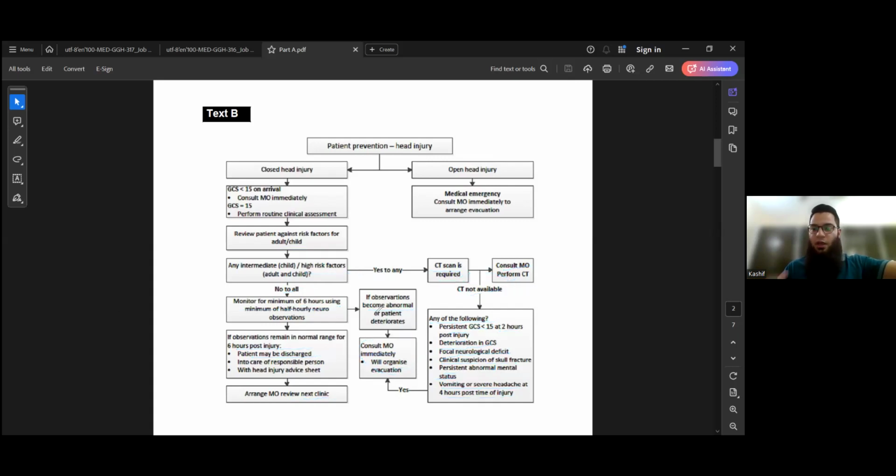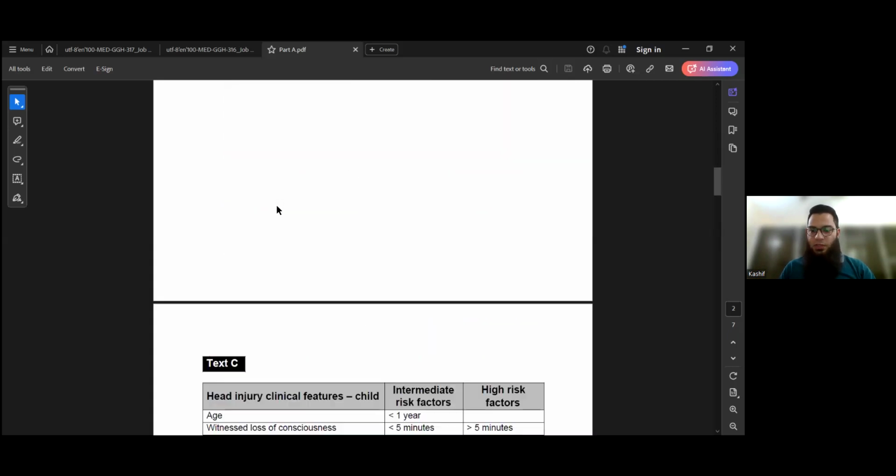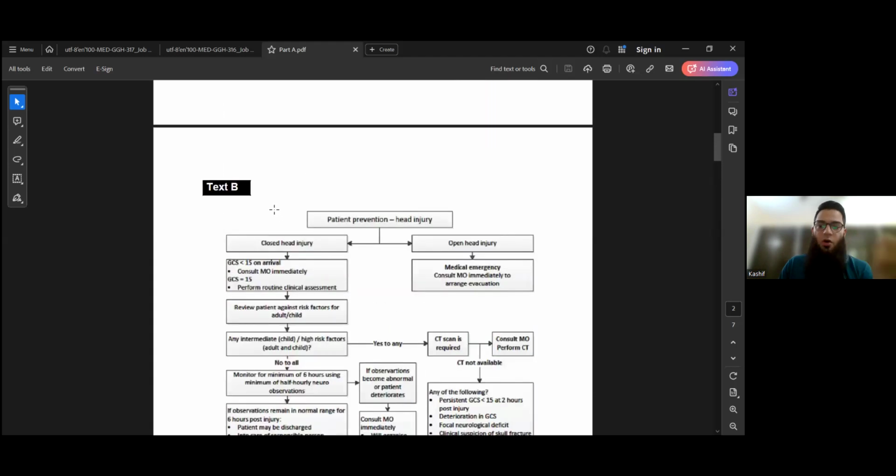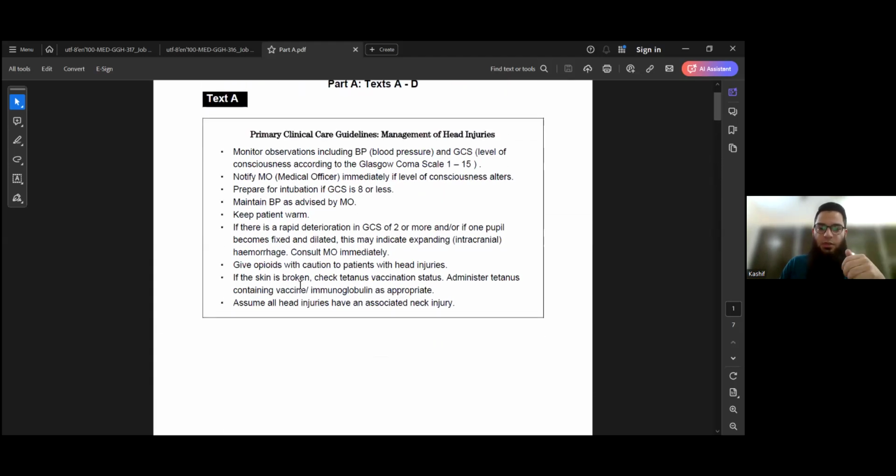Perfect. See, it is not as confusing or as hard as it looks, as I am reading it with you guys, reading it out loud. At first glance, it may look confusing, but when you have a pencil and you are reading and underlining everything, you get to know it's not actually that confusing. It's very simple. So part A was about management of head injury, or we can say the clinical management, the general guidelines. If someone presents with a head injury,